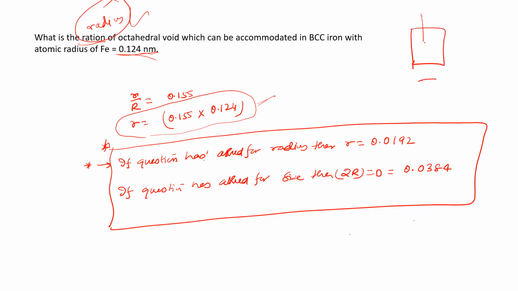We know it is a BCC. These are the atoms. And where do we find the octahedral void? We find it at the center of the face. So once we find it at the center of the face, see here, there is an octahedral void. It has got some diameter. Then this is a body center atom, and over here also there will be one body center atom. We will just match this, and this will be your octahedral void. So if you see this complete length,